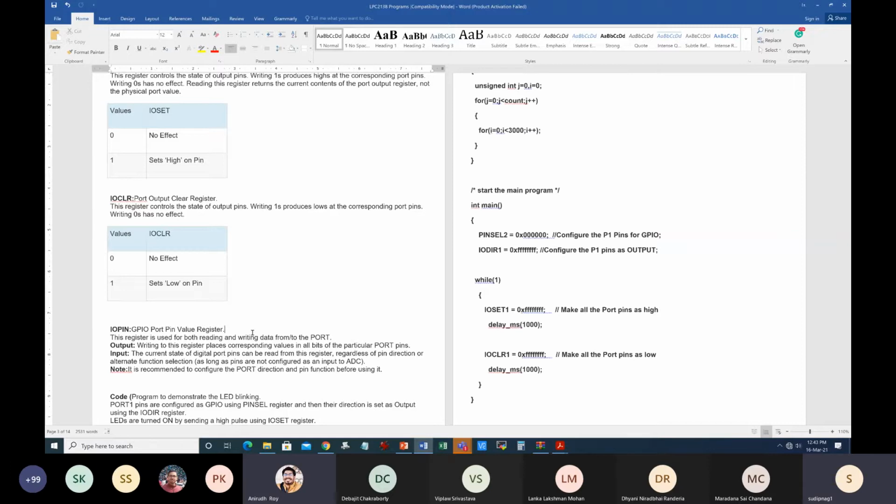I told you one more point that you have to follow: the arbitration by clocks between these two effects. Let's say you are configuring the set and clear registers. Suppose digital noise is quite random, and assume a sudden random noise comes and stays for, let's say, a few nanoseconds due to some switching activity elsewhere.